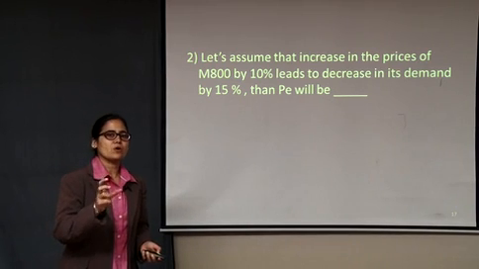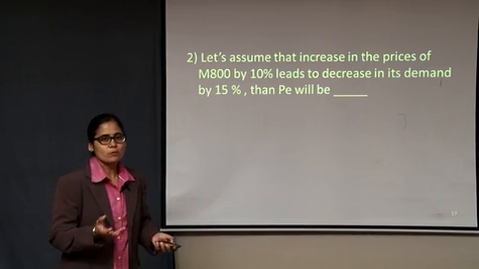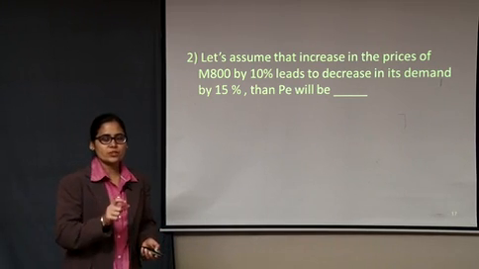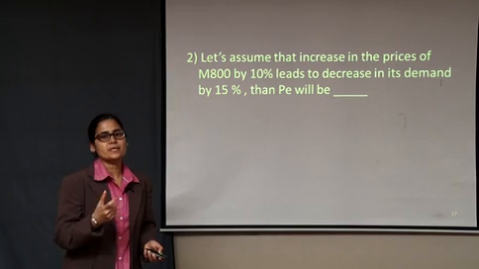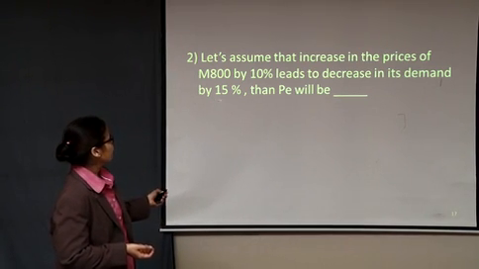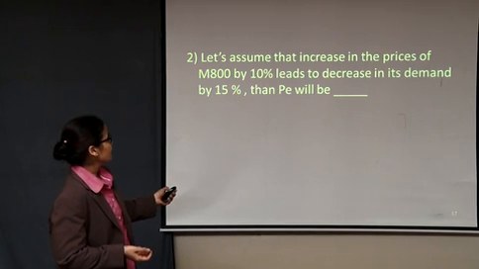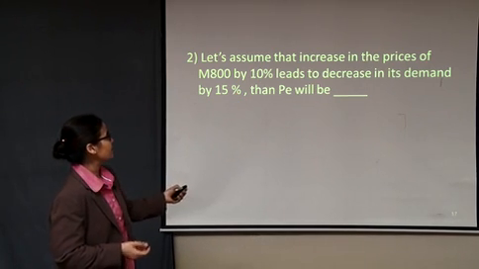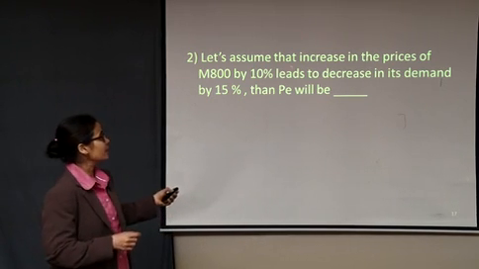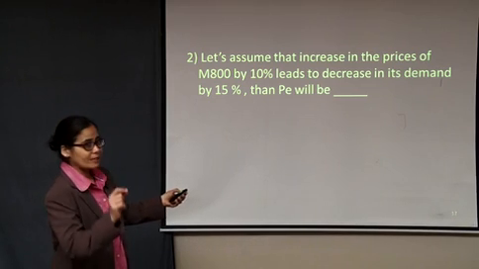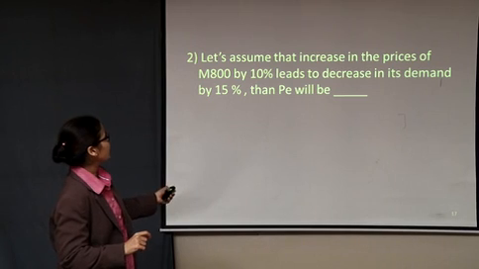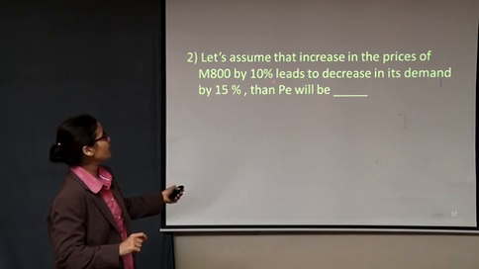Now because here it is already given in percentages, what will you do? Just substitute the values. Percentage change in demand upon percentage change in price. So demand is how much? 15%. Students get confused. They see 10% and demand and they sometimes write 10% in place of demand. So I would request you, read the question very carefully. You can underline when you are reading or write it down somewhere. Price of Maruti 800 has increased by 10%.